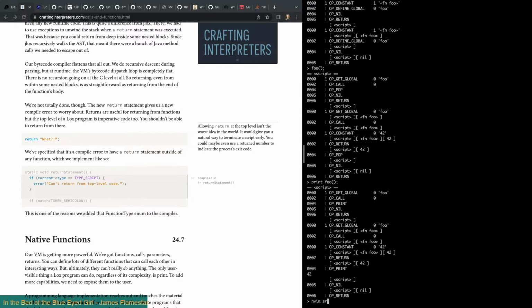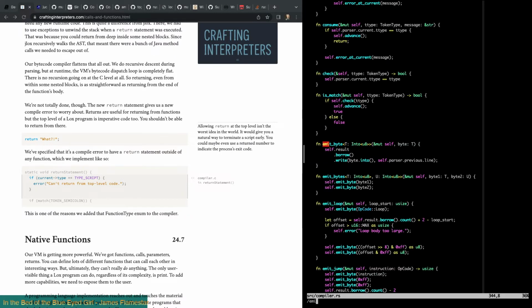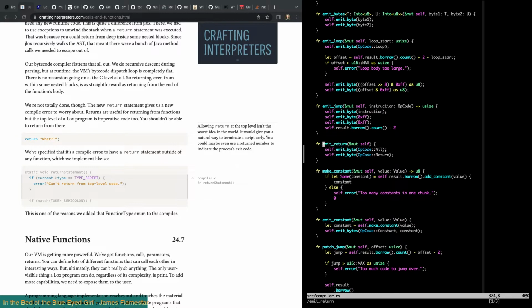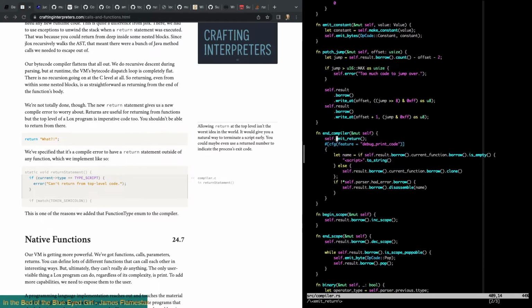So let's take a look at that. Oops. Source compiler. Where do we call emit return? It's called here at end compiler. Right, so regardless of whether or not we had a return statement, we're still going to emit a return. That means those extra 2 bytes are thrown at the end, even if we've just emitted a return statement. All right.